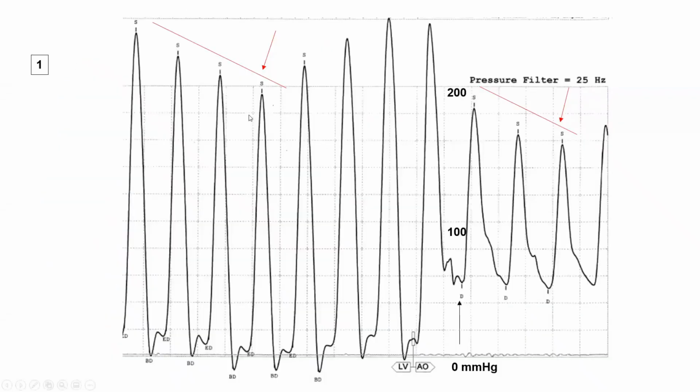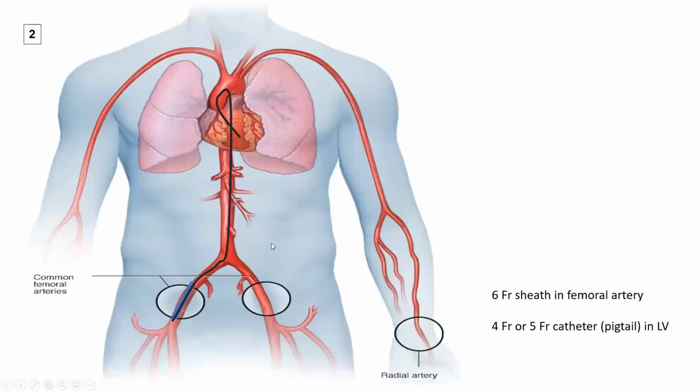So that's the first technique of LV aortic pressure measurement. Again, it's not useful in real AS cases. The second technique is to do simultaneous recording using a sheath and a catheter in the left ventricle. So you put a big sheath in the femoral artery and a smaller catheter inside it that goes in the